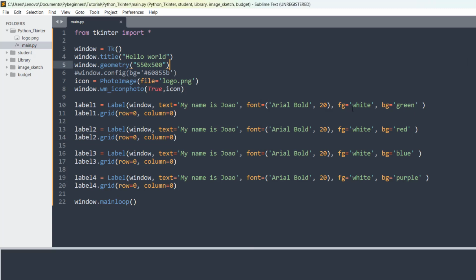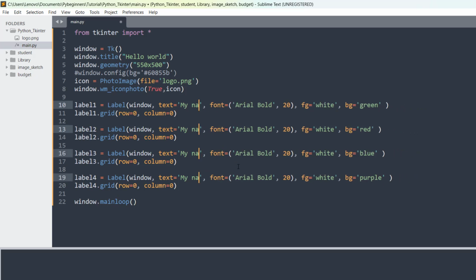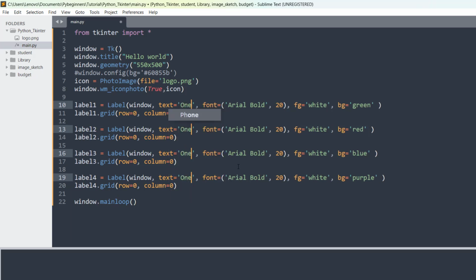Okay, so let me just change the name here because I don't like these names. Let's say 1. Which means this guy is going to be 2. I don't know how to write 3. Okay, I'm going to figure it out. Okay, 2, and this guy is going to be 3. I think 3 is something like this. Sorry, I don't speak English as my main language. My mother tongue is Portuguese. So that's why I'm a little confused about how to write it.